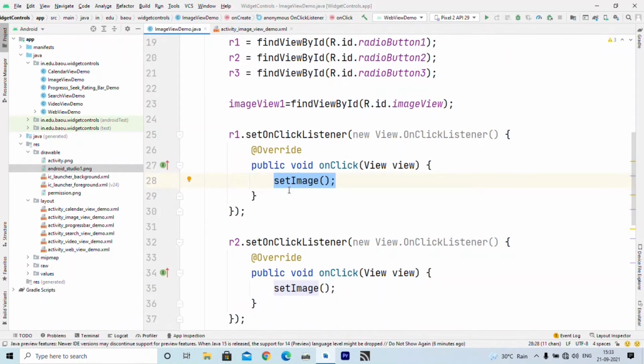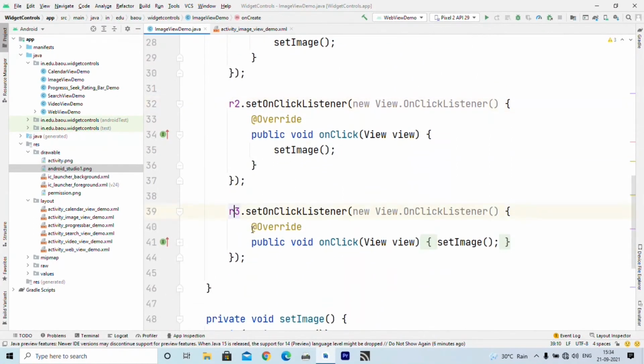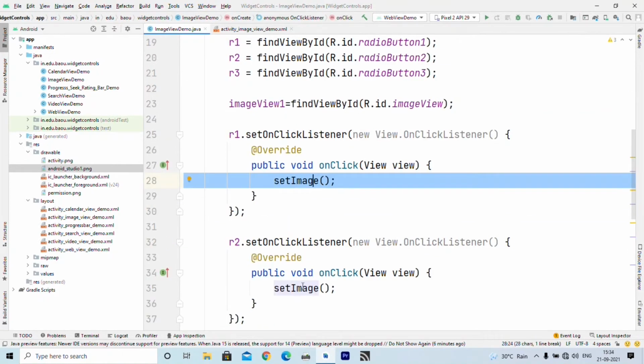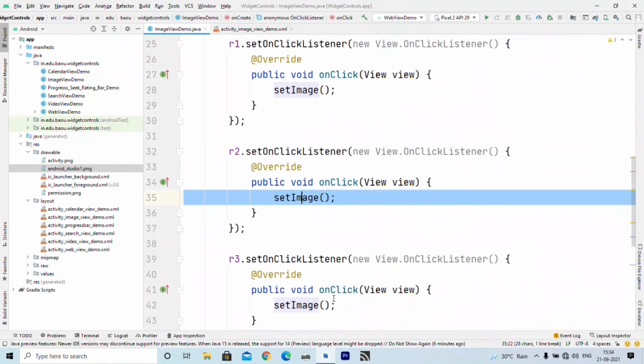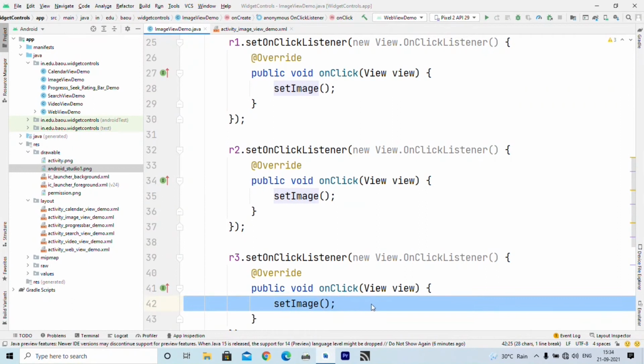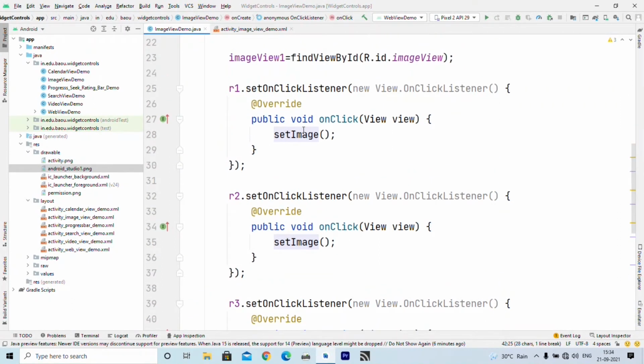We want to perform the same task inside the R1 click, R2 click and R3 click, so we call the same function to set the image depending on R1, R2 or R3. Let us understand the definition of set image.